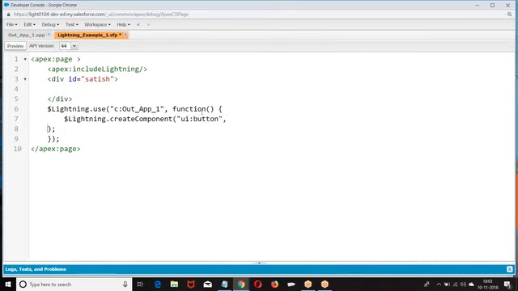First parameter, the component name. Second parameter, what parameters do you want to pass? Label, submit.